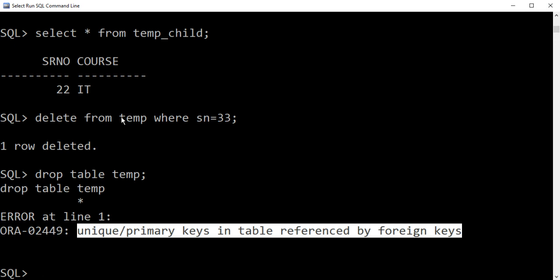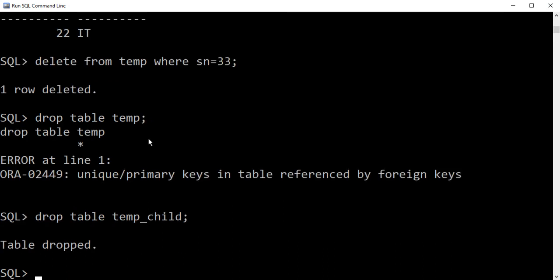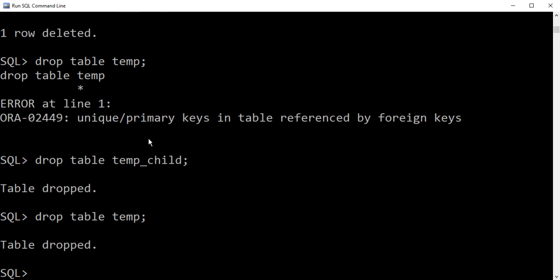So to delete any primary table, the first condition is we need to delete the corresponding child table. So for deleting the temp table, firstly we have to delete the child table. Drop table temp child. Now we can delete this table also.